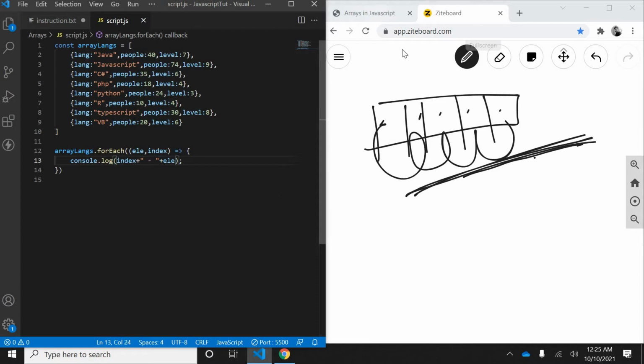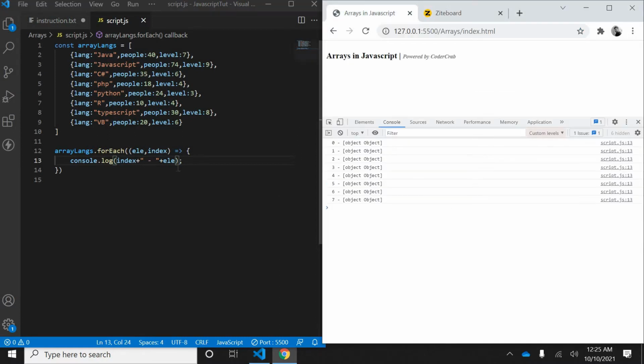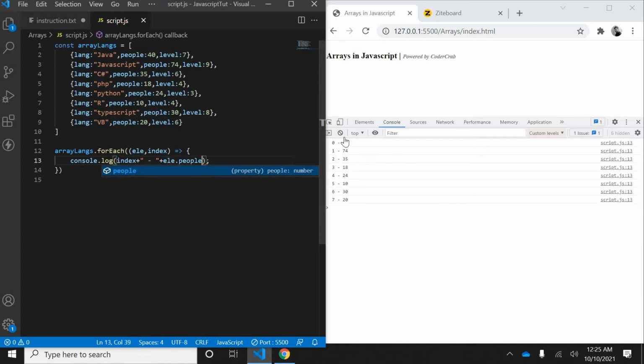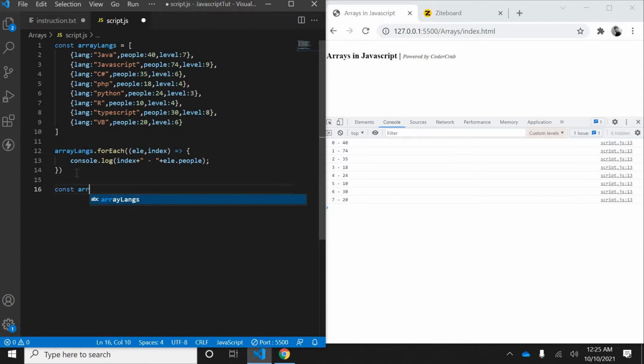Okay, so you can see this. As each line has a lot of values, if you want to show the value, you can use dot people. Index 0, 1, 2, and this is the value. If you want to take a normal array, that is also fine. Like we can take a constant arr equals some values like 12, 34, 2, 67, 89, 90, pretty simple.